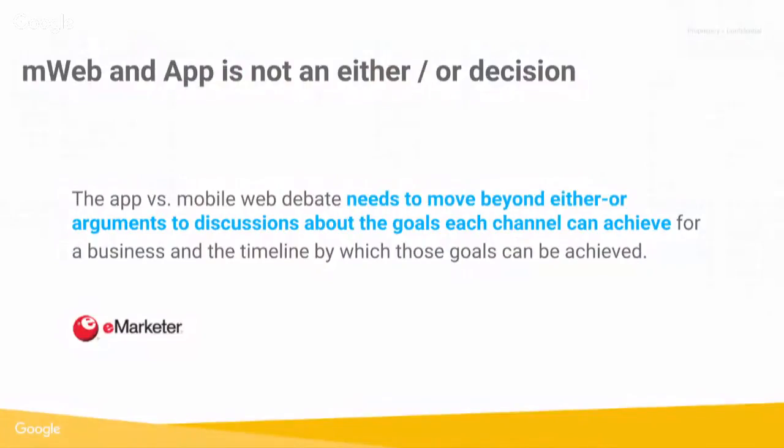It's important also to mention that the whole discussion around mWeb and app should not really be a debate. It's not an either-or decision. When you speak to clients and different organizations, it's super important to first understand their main goals and discuss their digital strategy. Understand how they want to best reach their users across both channels, and how you can help them reach these goals within the right time frame. So it's important to really consider both of these channels together to offer the right value to the end users.